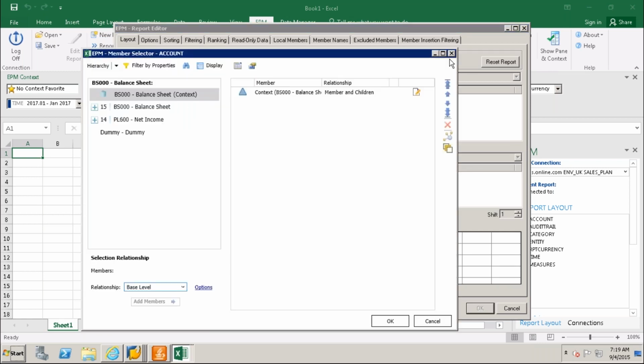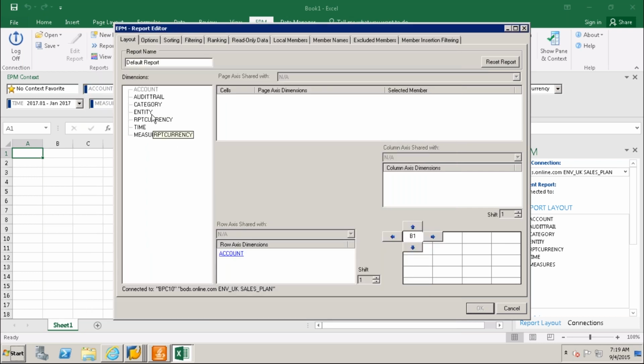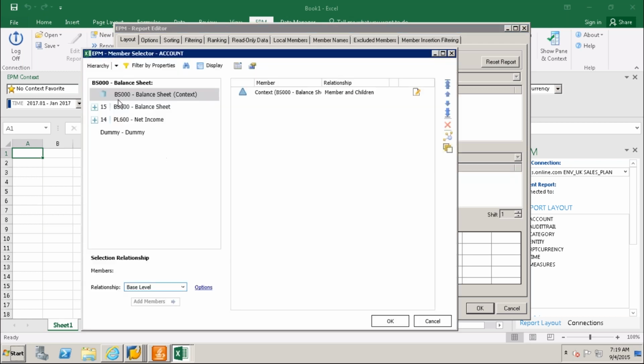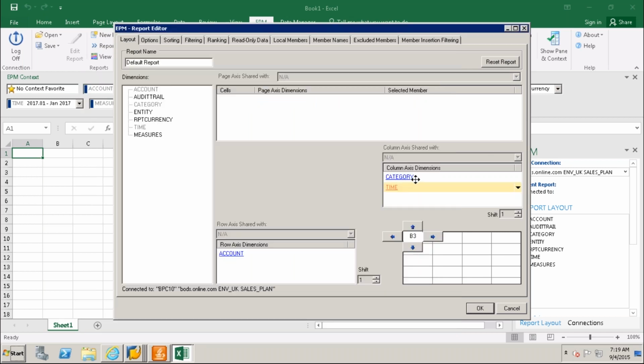Account and category, and also I want time. Accounts, I will take all base members here, so that under balance sheet all the base members I'll get.